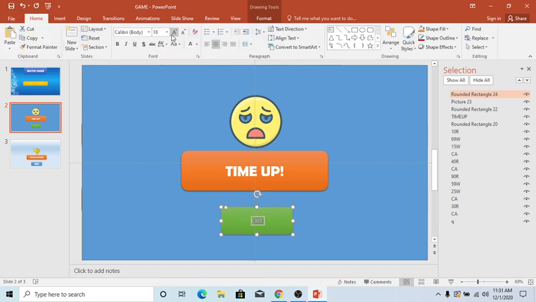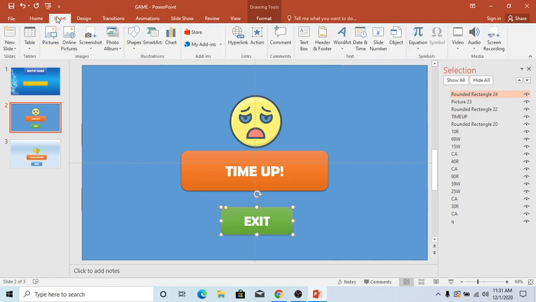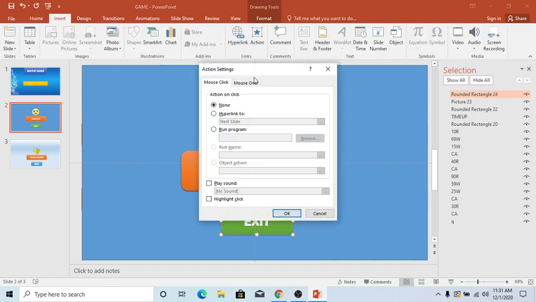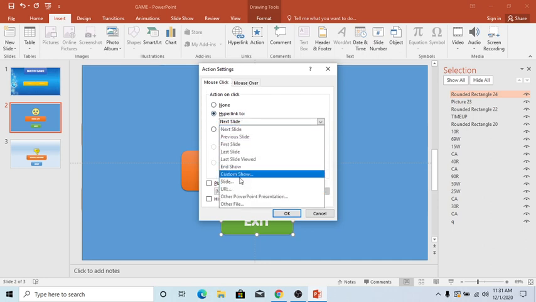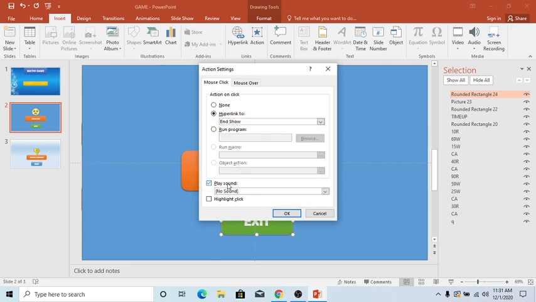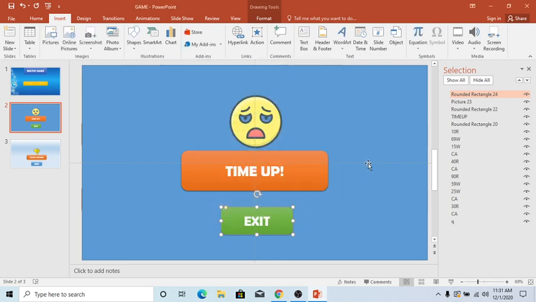Go home, select the font style size, increase it, and then change the font style, and then we are supposed to click there, go to insert, and then go to action, click on hyperlink to end show, play sound, and this time we click on the click sound and press OK.